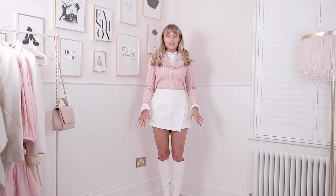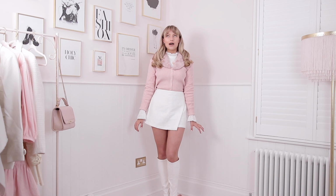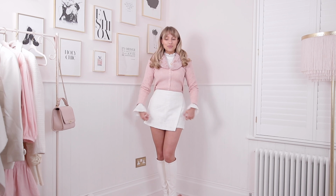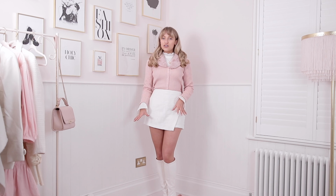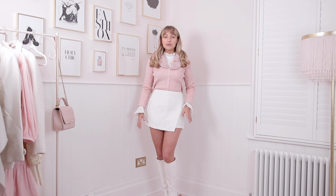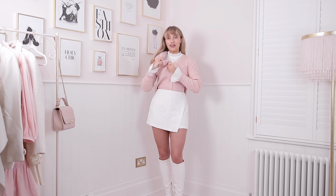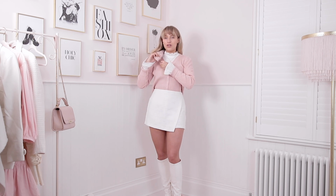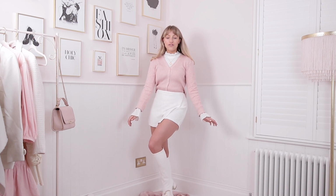and then I've got this little white tweed slash boucle skirt from Abercrombie, and I absolutely love a skirt because it looks cute like a skirt, but you feel nice and safe and secure because it's actually short. And again, this sort of fabric feels quite spring-like. It's really fresh and crisp, and it has a slight linen look, which I really like. So why don't we just quickly detach the collar and see what it looks like, because I do love the cardigan, but I do feel like the faux fur is giving it more of a winter rather than spring look. Okay, it definitely looks more spring-like without the fur,